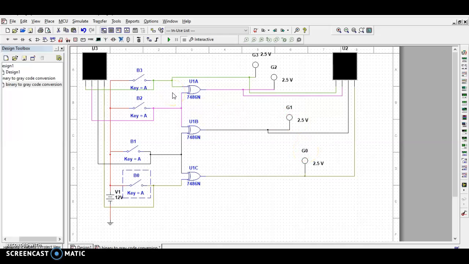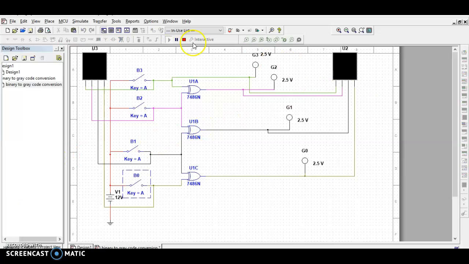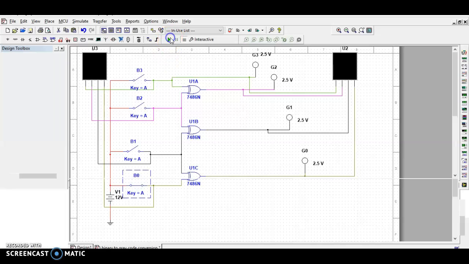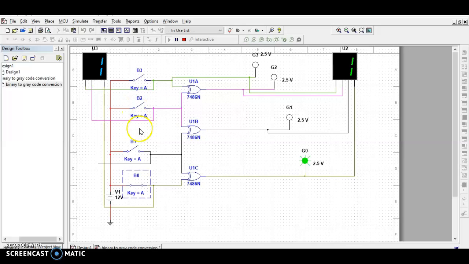If I give input value 0, the first bit is taken as it is and from the next bit onwards the XOR function is used. I am giving an input value of 0. We got output value 0. If I give input value 1, we got output as 1. Next I am giving an input value of 3. We got output as 2.